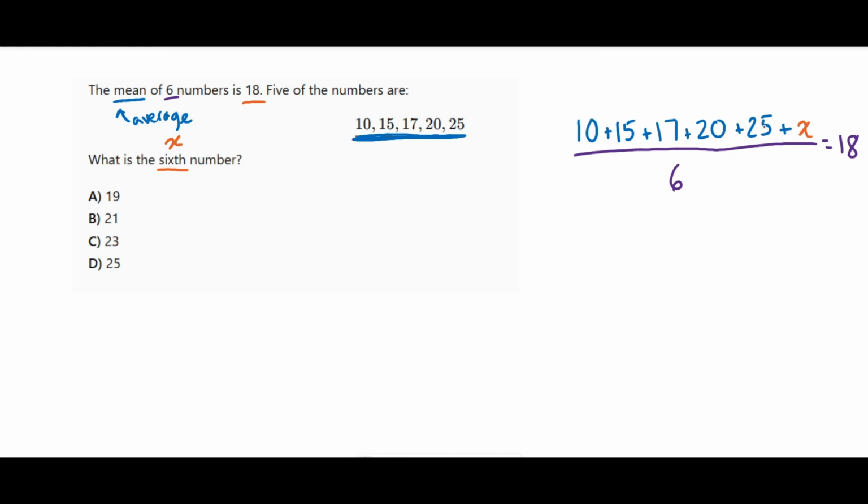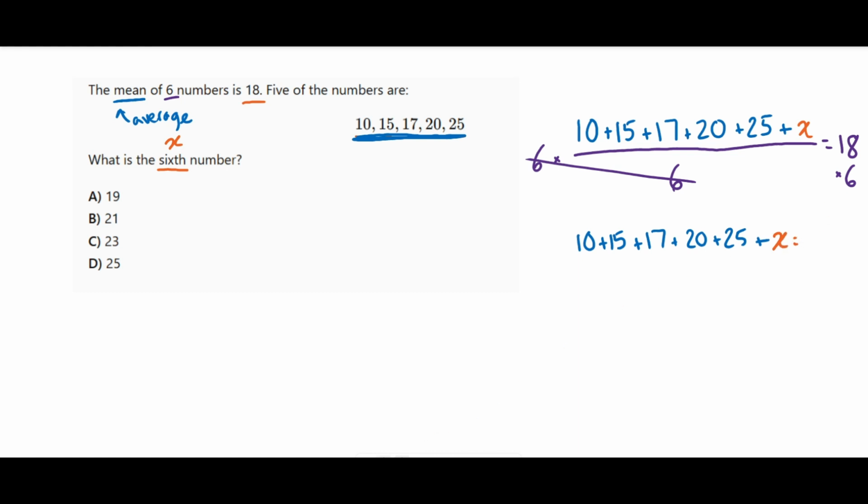So now all we have to do is just solve for x. That's the 6th number. That's the one we want. So first off, we're going to multiply both sides by 6 to cancel out the 6, because this is divided by 6. We're going to multiply this by 6 and multiply this by 6. And so this cancels out, and you are left with 10 plus 15 plus 17 plus 20 plus 25 plus x